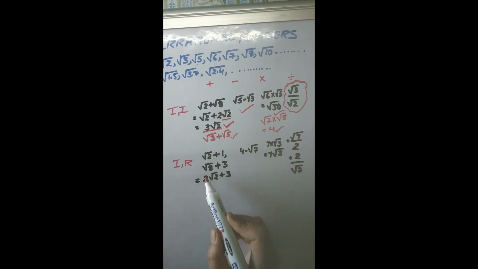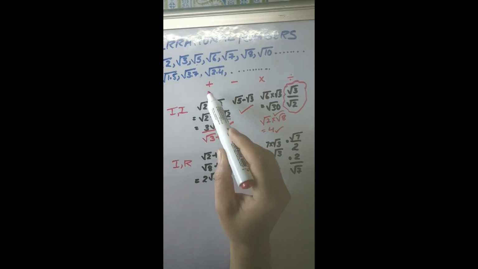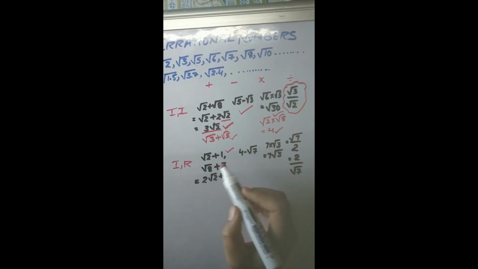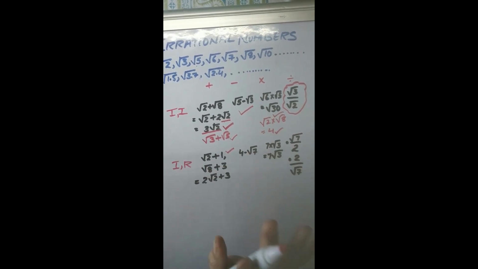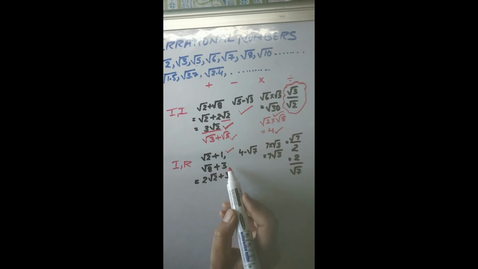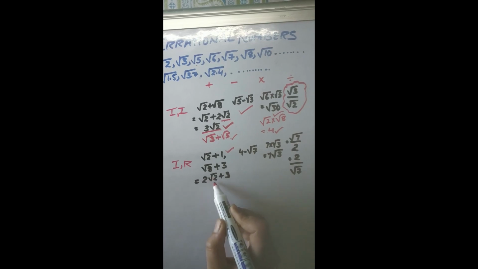Coming over to irrational with rational. Root 2 plus 1 — I'm operating an irrational with a rational number under the addition operator. Can we locate them on the number line? Yes, it's easy. Addition and subtraction have always been easy, no? Root 8 plus 3, because plus only means and. Root 8 units, then 3 units. Root 8 is 2 root 2, plus 3. So root 2 times 2 on the number line, then 3 units on the number line again.